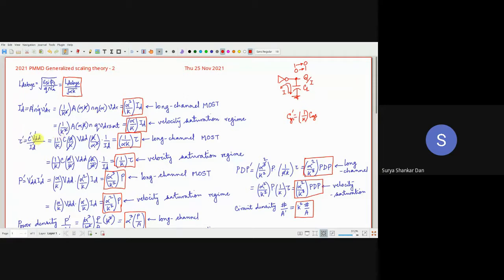Okay. VDD, again, it's a voltage, right? So voltage or potential, how does that scale? Alpha by k into VDD. ID, how does ID scale? We have already seen. ID scales either by alpha square by k into ID or alpha by k into ID. So I'm just going to put that. Once I'll put k by alpha square because it is in the denominator. Other one I will put k by alpha. You can simplify this, you are left with this.